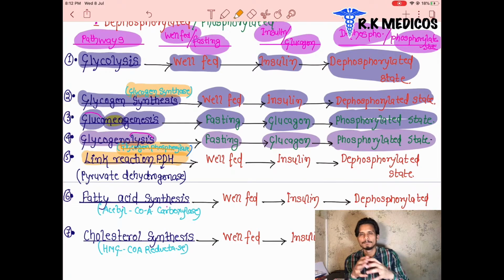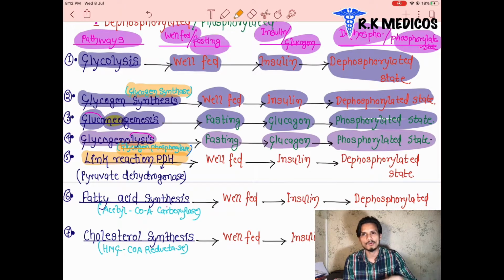Suppose that first of all glycolysis happens. Many of you don't know about glycolysis. I hope so. If you are a second year student, then you are not going to deal with that. But we are going from the basics. First we are going to take an overview of everything. After that we are going to see one by one each and every pathway, each and every cycle, what happened